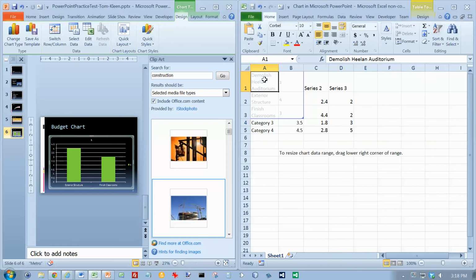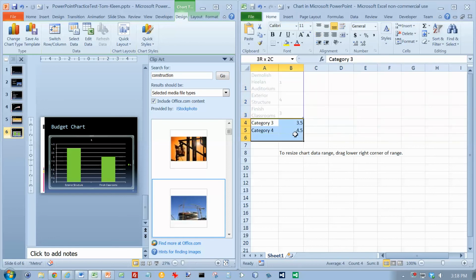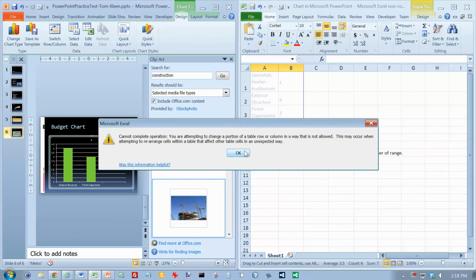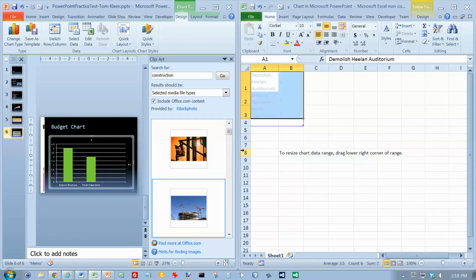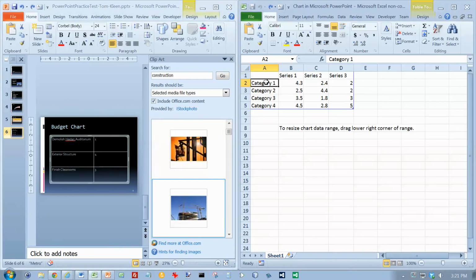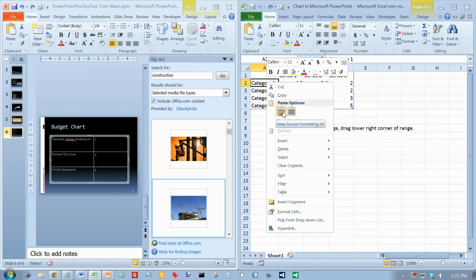Actually, let's try deleting this stuff. And it might be that the easiest way to do this is to just drag all of this down one row. And it's not going to let me do that. Okay, I'm going to back up here and try this again. Let's go over here and select the whole thing. And it doesn't like the fact that I put it in the first row over here. So I'm going to try to paste it